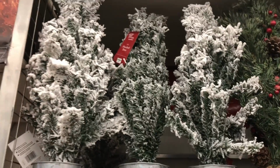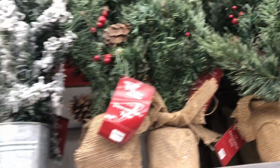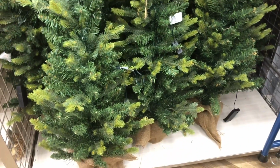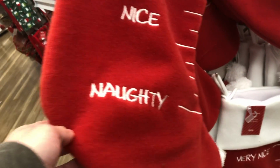and just so pretty. Alright, and I found some flock trees. They're not huge, but just for decorating. And then I found Santa's legs. Some more trees. They're not huge, they're little. Okay, and I found a huge stocking, which would be cute just to fill up with a whole bunch of